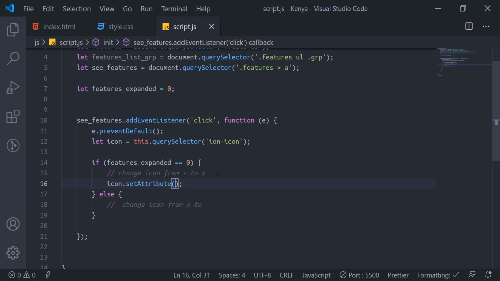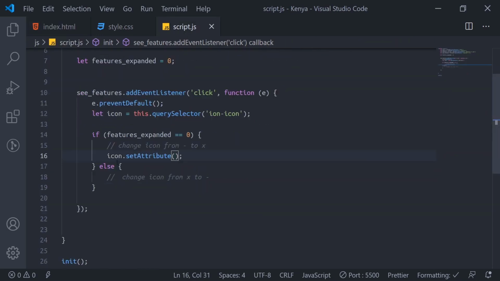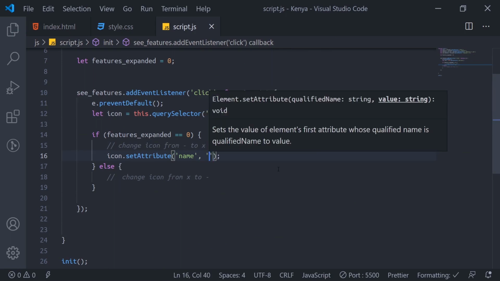It changes this value in the attributes. We'll change the value of this attribute to something else. That's what we're going to do. So when we say icon.setAttribute, we type the attribute, then the new value.